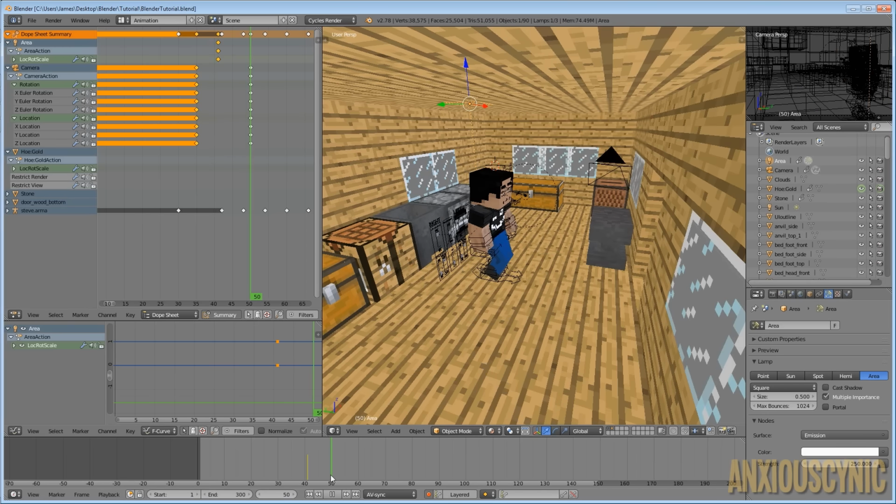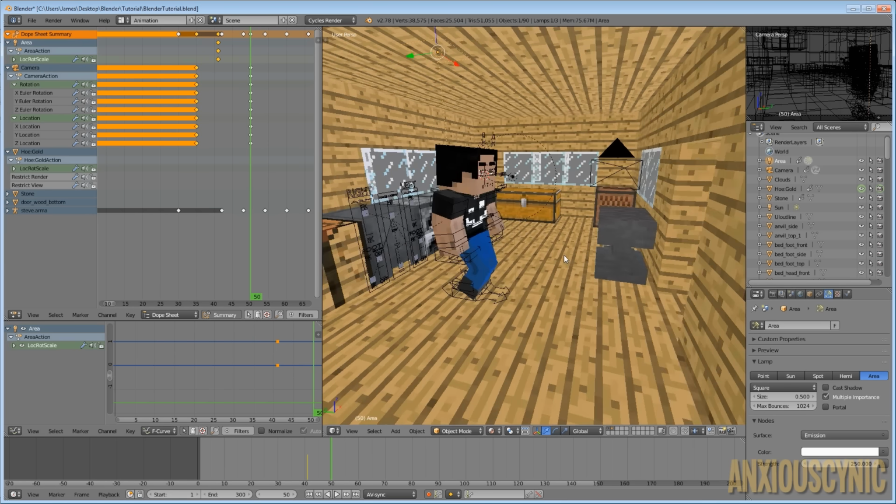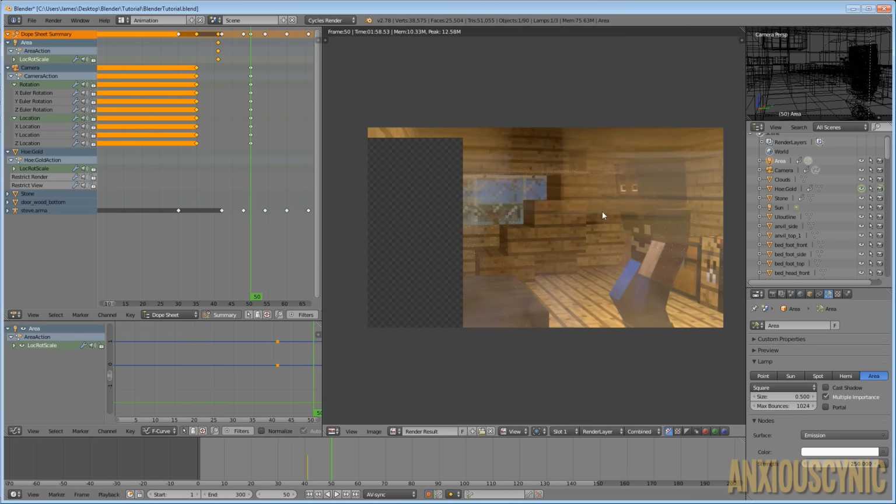Alright, so let's hit escape to get out of this, and let's go to right when our angle changes, which is on frame 50, I believe. Yep, right there. So right when that changes, let's try rendering this out and see what it looks like real quick. Okay, I went ahead and stopped the render because it did enough so you can see what's going on here. You see how this is all smeared and horrible looking? Well, that's what I'm talking about. When Blender is rendering those things, it sees the camera as having moved to that position in an instant, and we obviously don't want that.